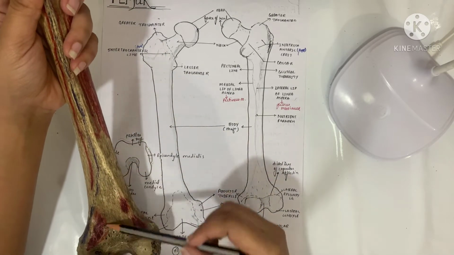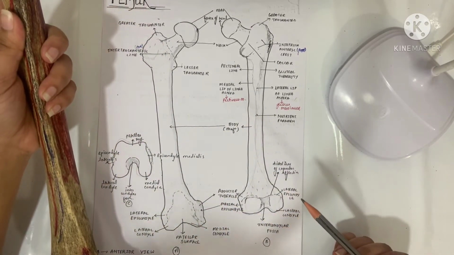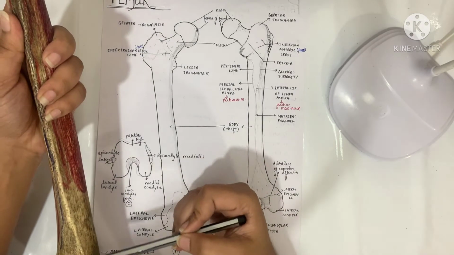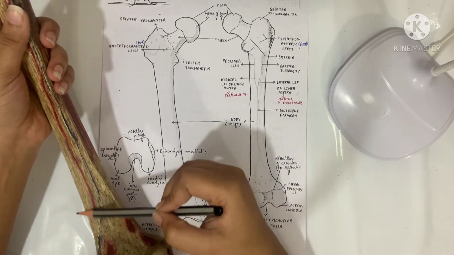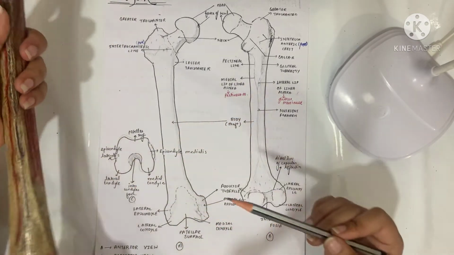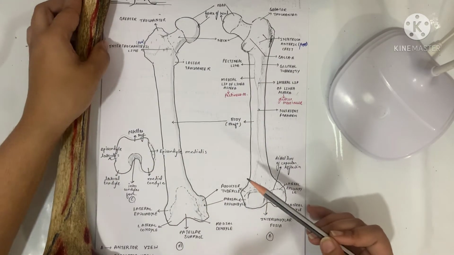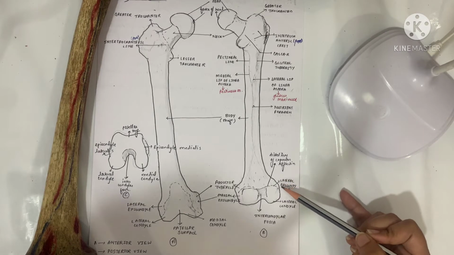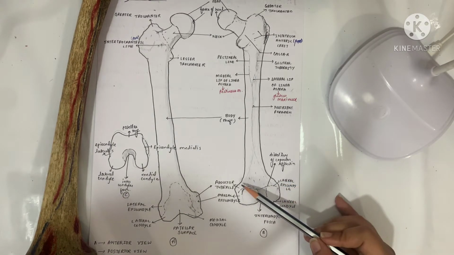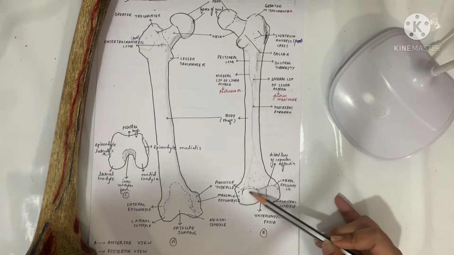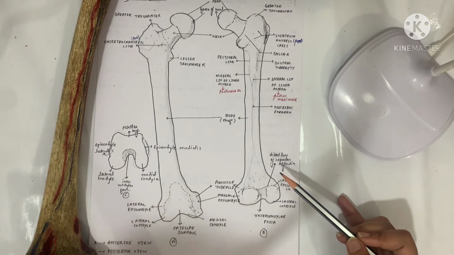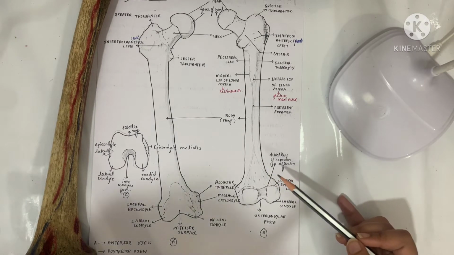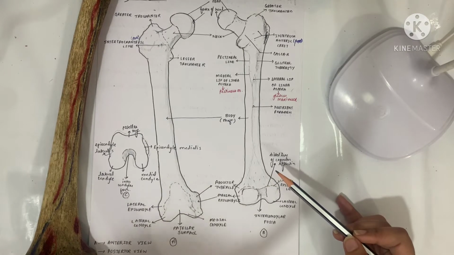This triangular area present over here is the popliteal surface. This is the lateral supracondylar ridge. This one is the medial supracondylar ridge. In the diagram also you can see here is present a lateral epicondyle and a medial epicondyle, and this triangular area is the popliteal fossa or popliteal surface. Then